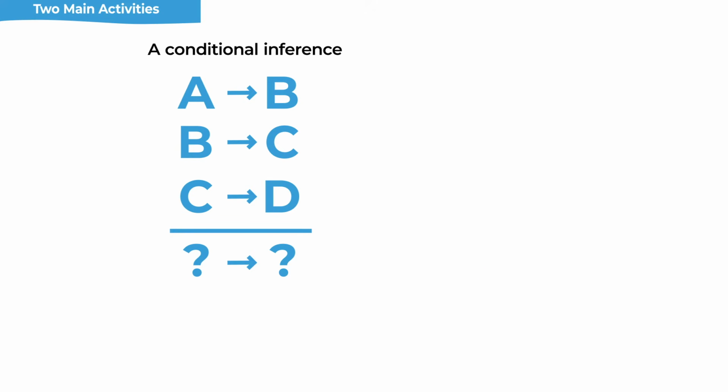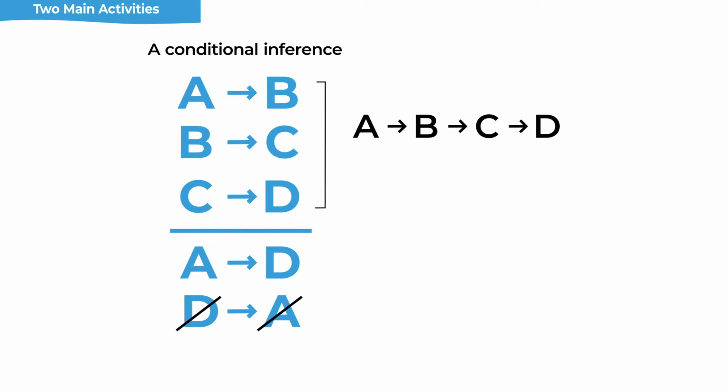Given these three conditional statements, what sort of new conditional could we infer? Well, we could infer that if A, then D, or by contrapositive, if not D, then not A. When you have more than one conditional, you ask yourself, do these connect? Do they chain together? And these three conditionals we were given give us this cool chain. A leads to B, B leads to C, C leads to D. We can contrapose entire chains and start from the back and go, all right, so if not D, not C,